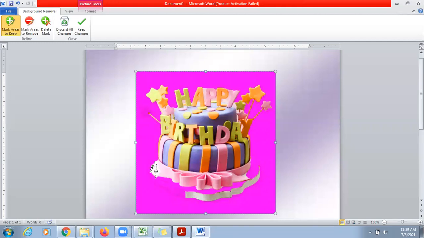This is the area which I wanted to keep. This one also. This one. This one. This one. This one. If there is something else, yes, this star.